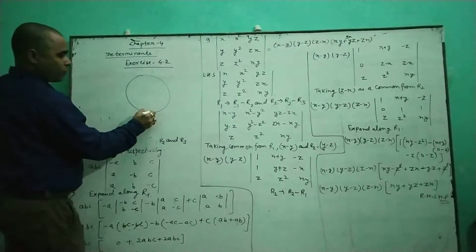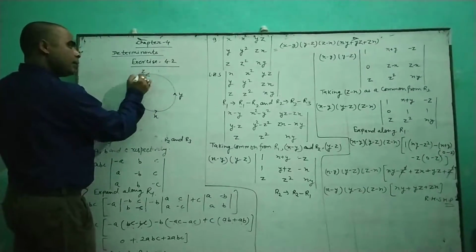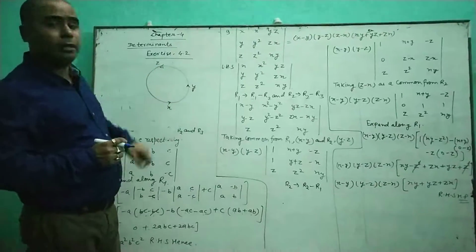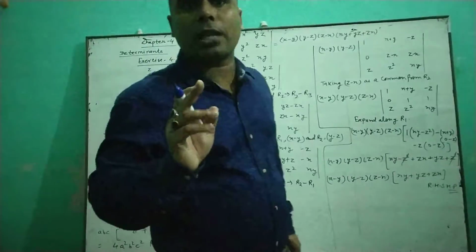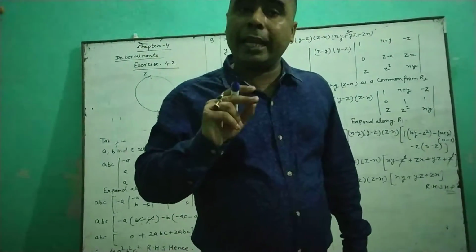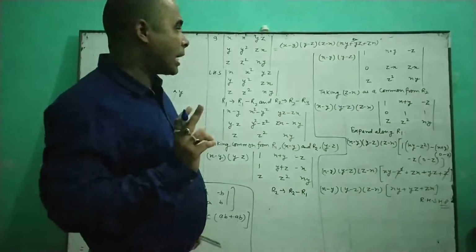We have to start from, suppose, x, then y, then z. We cannot write x, z and y. Cyclic process means the terms will move in a cyclic way: A, then B, then C, then D. Not A, D, B, C. This type of sequence is not there in a cyclic process.